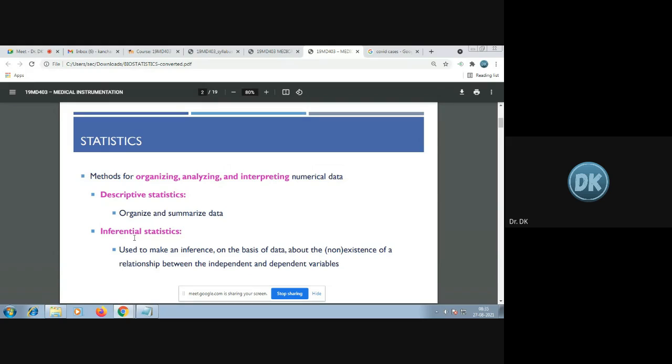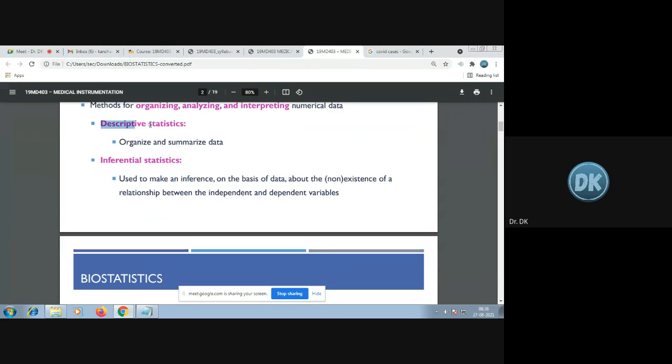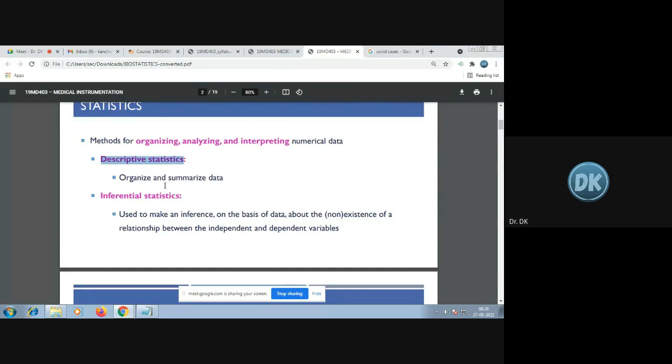Or you can take the height and weight of the person. If you're going to find out whether the person's height is affected by COVID-19, or whether the person's weight is causing the yearly infection by COVID-19, in such cases there is a relation between two different variables you are bringing in, right? In that case, it's an inference. So descriptive statistics is where you just organize and summarize the data. Inferential statistics is where you find out a relationship between the different variables. Okay.